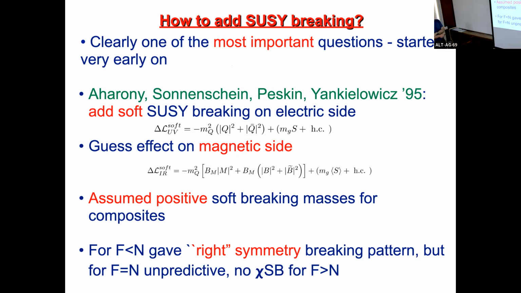Okay, clearly that was one of the most important questions, and we were definitely not the first to start thinking about it. As I said, Seiberg's results were in '94, so to my knowledge, this was the first paper that tried to address that right away. But they said, okay, let's perturb it with some supersymmetry breaking terms on the electric side and some on the magnetic side. But in the very first paper, this was essentially some random guess. Yes, they didn't really know how to connect these various parameters to each other. So some of the phases seemed okay, but this was a nice start, but not